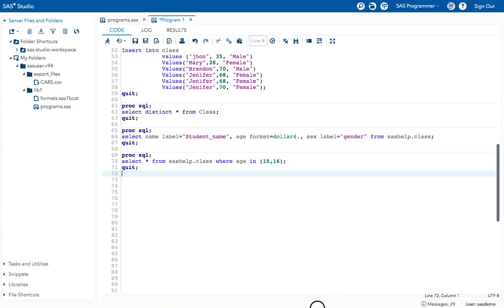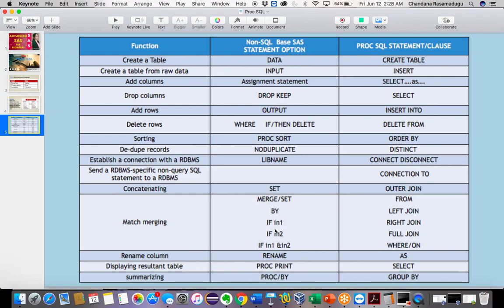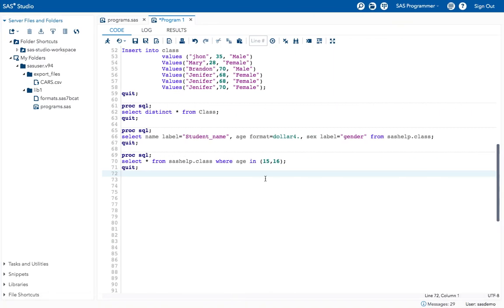See, let's move to our table. See, here we use if statement, right? If statement, else if, where, then delete, if then statements, right? Here we use, see, here what we use,